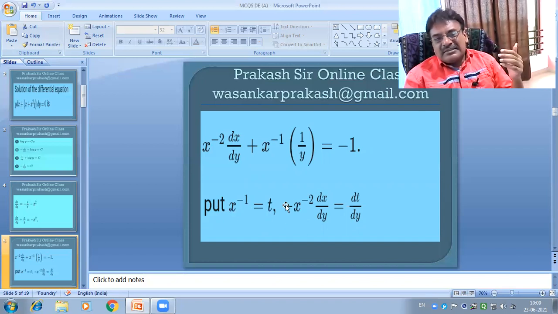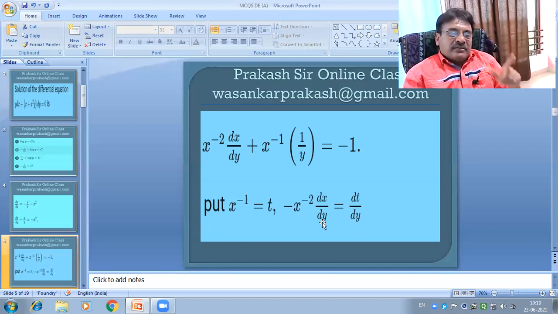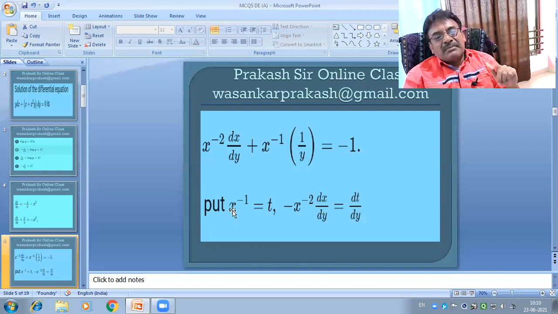So we get minus, here we use d by dy of x to the power minus 1. We use the formula d by dx of x to the power n is n x to the power n minus 1. Similarly minus 1 x to the power minus 1 minus 1, that is x to the power minus 2, into the derivative of x, that is dx by dy, is equal to dt by dy. Because here we use the formula d by dy of f of x to the power n is n f of x to the power n minus 1 into f dash of x.